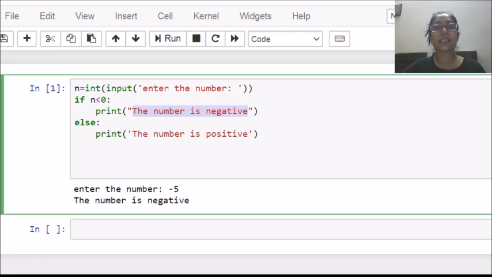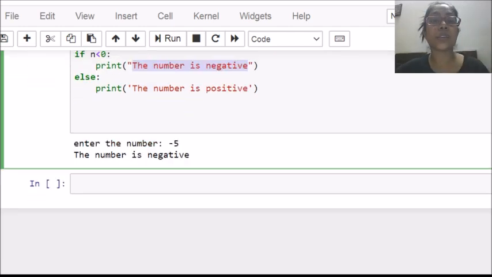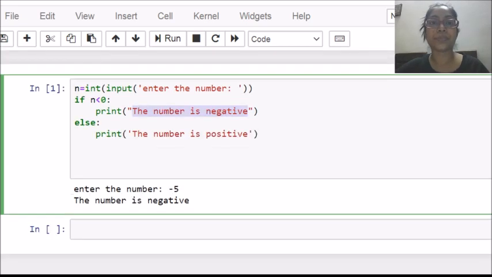Now let's work on the second question, that was to check even odd. For even odd, I have to check whether the number is divisible by 2 or not. So again I have to take input from the user, same step, and in this particular if statement I have to change my condition because I don't want to check whether the number is less than 0 this time.